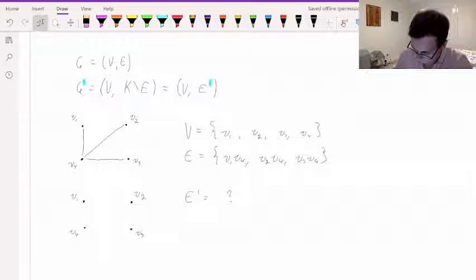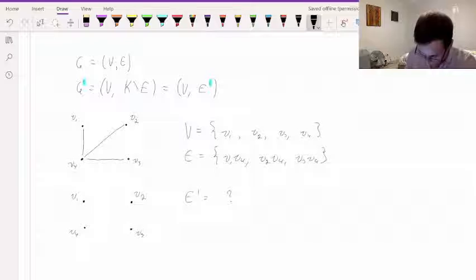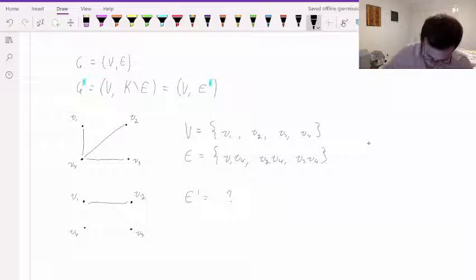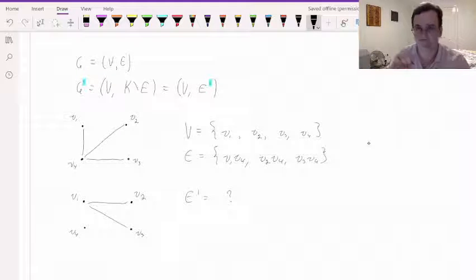So, let's start. We have our first vertex, it's connected to only V4. So V1's only connected to V4. That means in our complement graph, V1 is connected to V2 and V1 is connected to V3. Now,